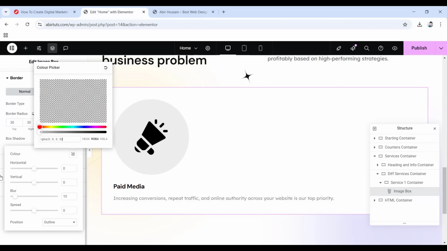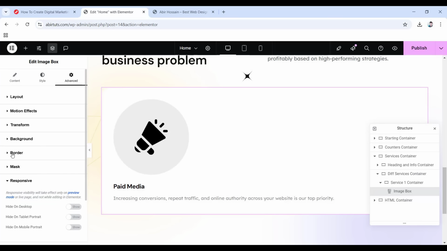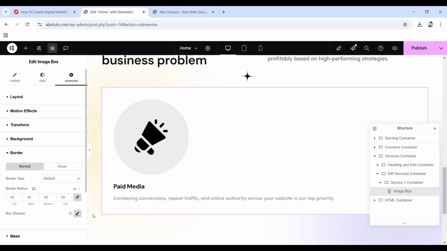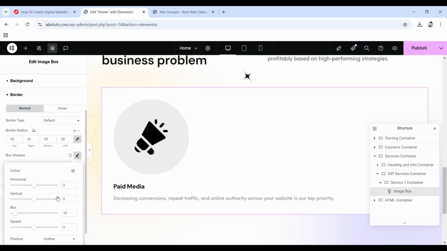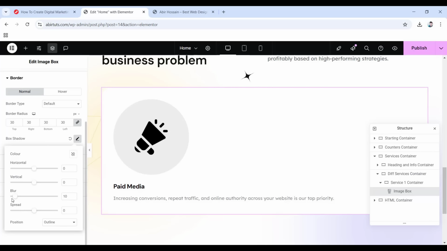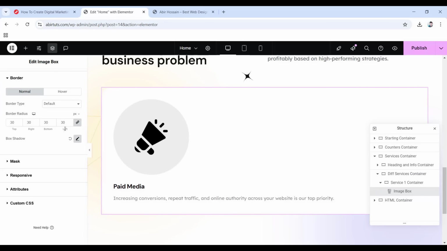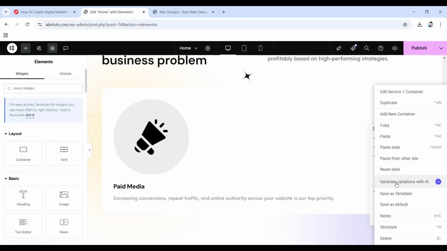Okay, now go back. Sorry, let's go back to border. Okay, so inside of the box shadow again, we've set the color. Now only set its blur to 60. And then go back. And with that, we're done with this one. Now let's minimize this service 1 container. And now what we need to do is right click over the service 1 container, then click on duplicate, and